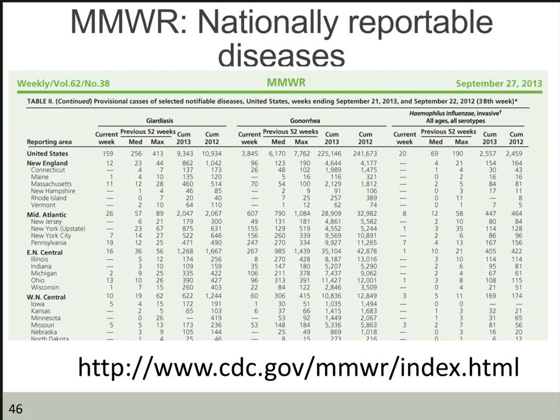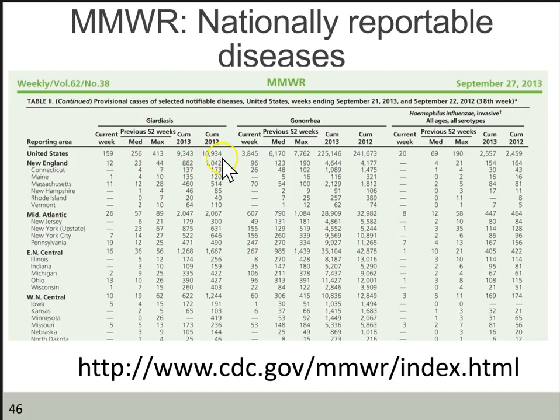An example of the type of data that the CDC gathers can be seen in this MMWR, which is the Morbidity and Mortality Weekly Report. These are the number of reportable diseases. These are diseases that when hospitals see them, they have to report them to the CDC. The number of cases of reportable diseases in each state. So for example, here we have Giardia and gonorrhea and Haemophilus influenzae. And you can see from this MMWR from 2013 that there were